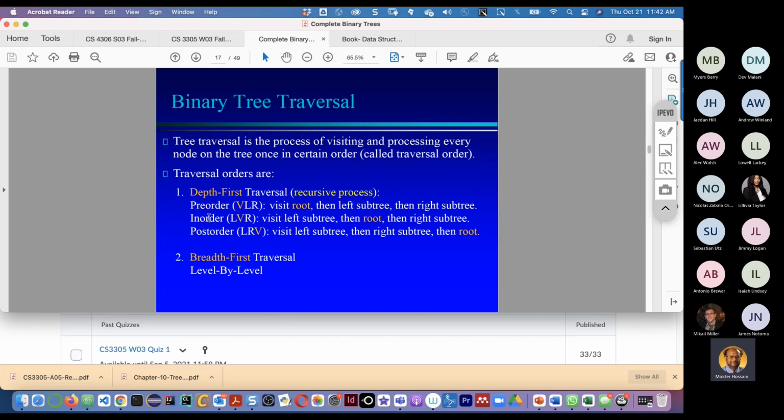In order, the vertex goes in between. And in post order, the vertex goes all the way at the end. But you see that the left node always comes first, then the right node. You will never see right first and then left.